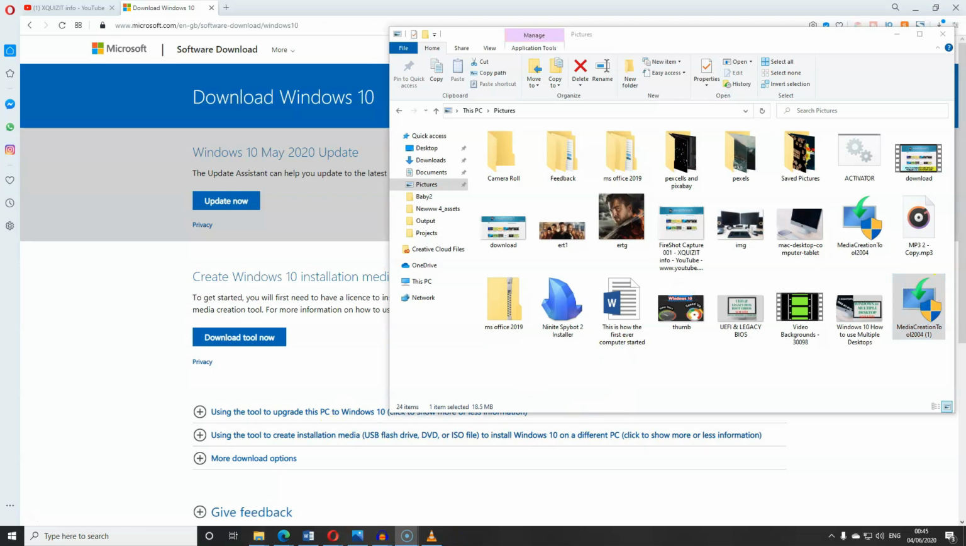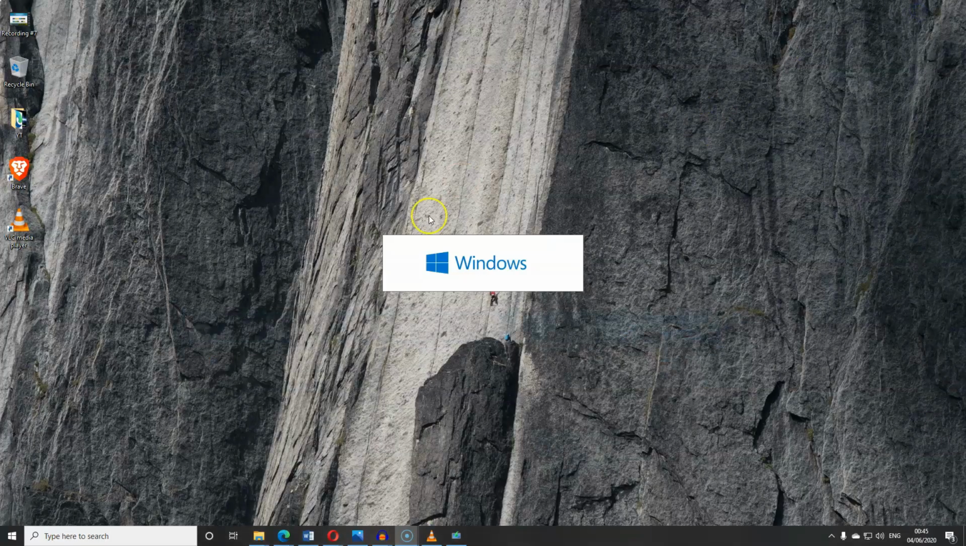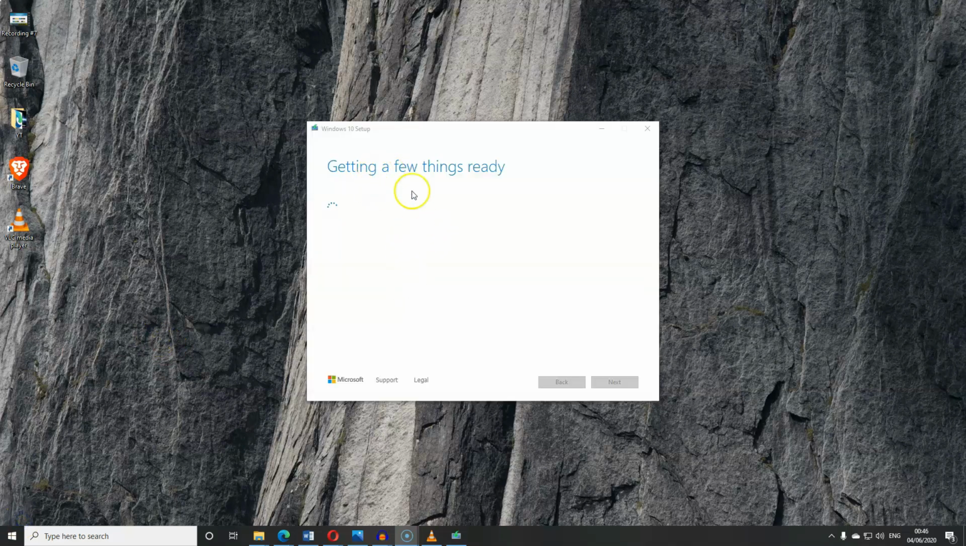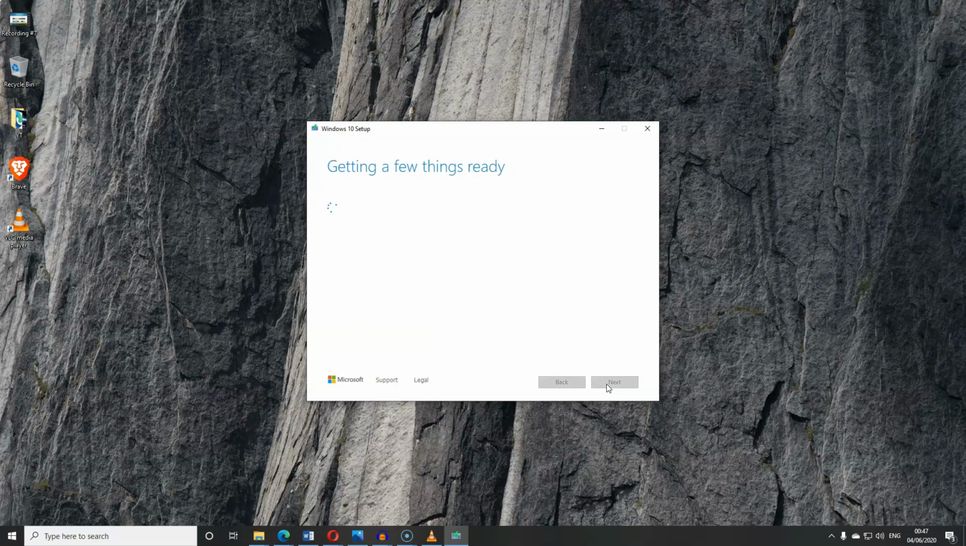So it's asking for some kind of permission, we need to click yes. Here it is, Microsoft Windows here. So I'll just minimize these to make it easier for you guys, and as you can see this is running, so we'll just wait for this to load. So now this is running, hopefully it should be all okay. We've now reached the license stage, we just have to click agree, so click accept, and then it's gonna start